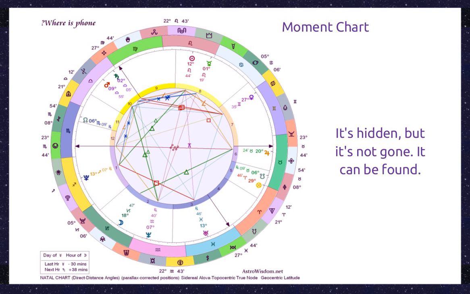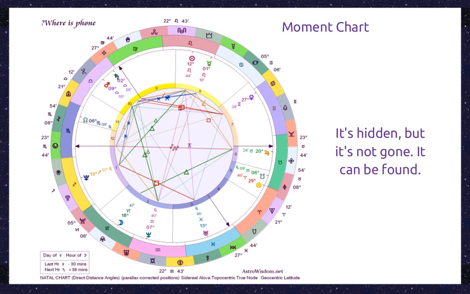We do not do the moment chart when someone calls us with a question, or even when we understand the question. We do the moment chart when the astrologer is ready to answer the question right now and is committed to doing the analysis right at this moment. That's the moment to use. We also use the location of the astrologer at that moment, not the location of the person asking the question, of the astrologer at the moment when the astrologer is committed to and seized with the question.